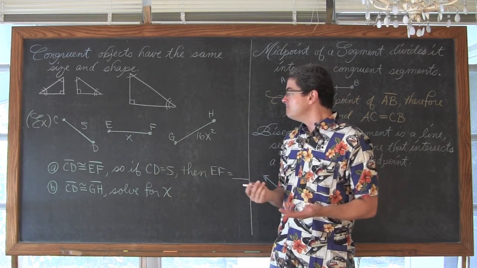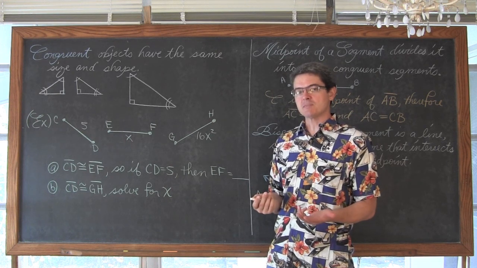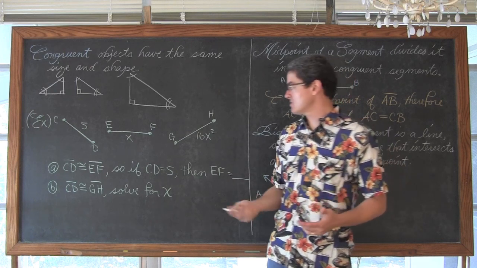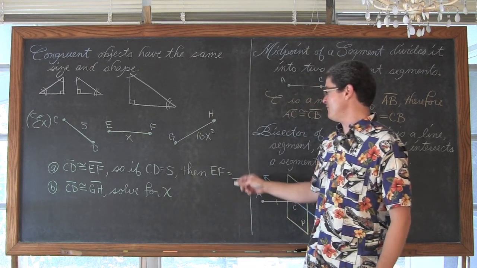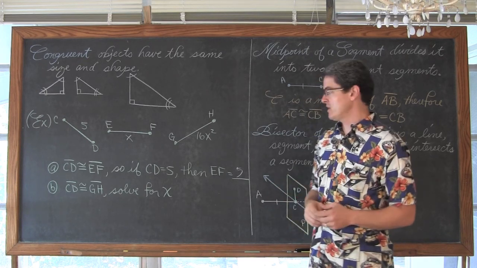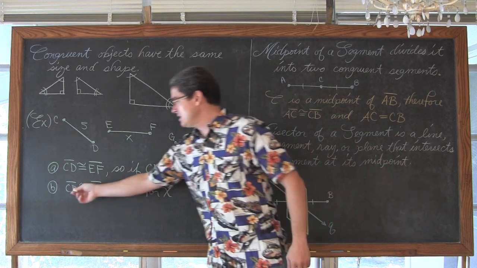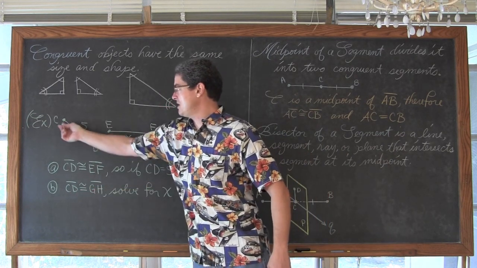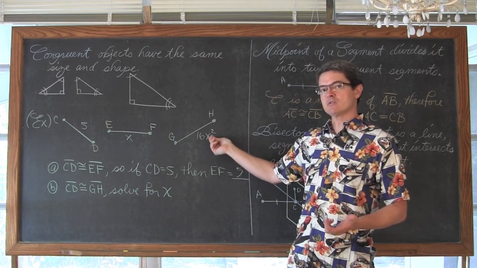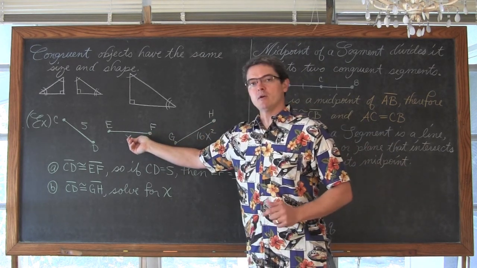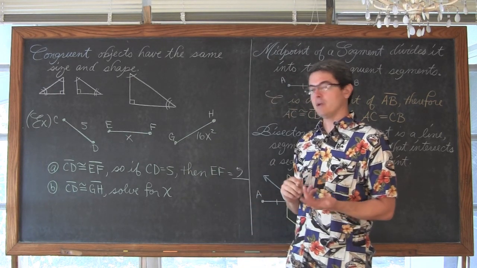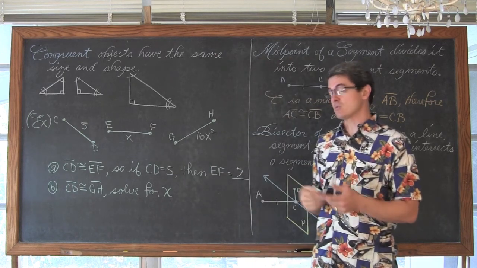Well, congruent figures have the same size and therefore, in this case for segments, the same length. So if CD is 5 units long, then EF is 5 units long. No big deal there. It's just understanding the definition. Now here I've said that CD is congruent to GH. So CD is a length of 5 again, but GH has an expression that describes its length. So did EF, by the way, but I didn't ask you to solve for X. I just asked you for the length of EF. Not that it really matters because it is just X, and X would be 5.